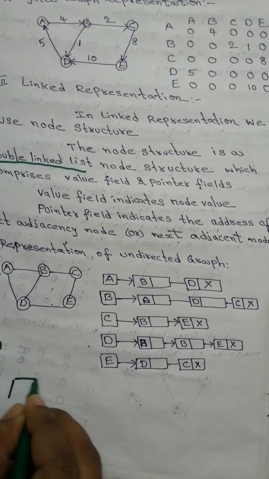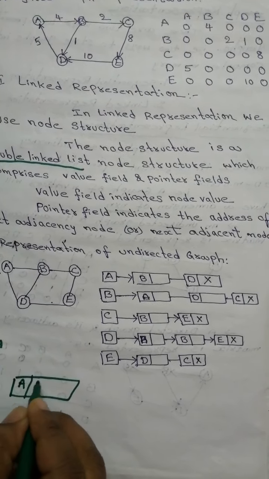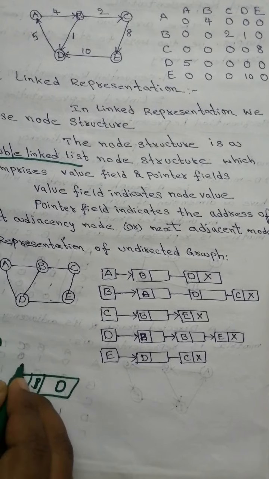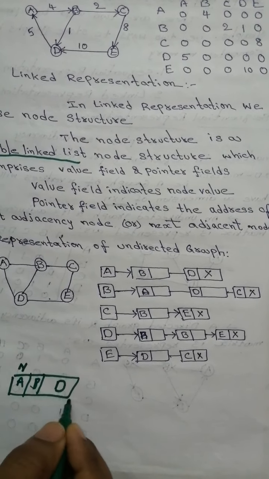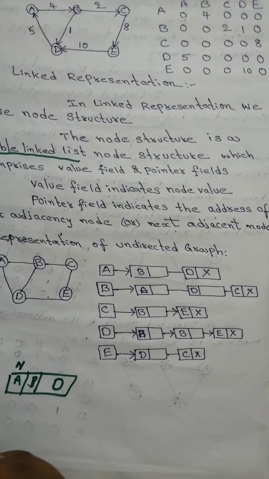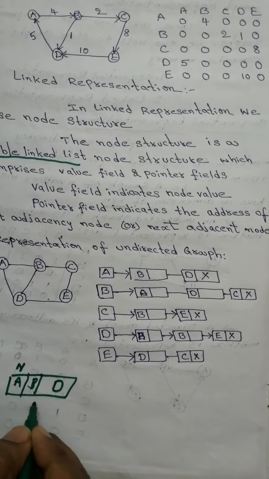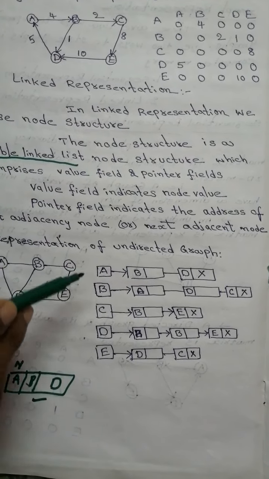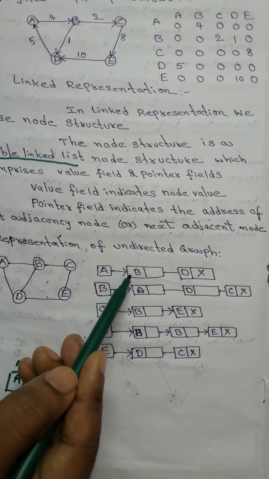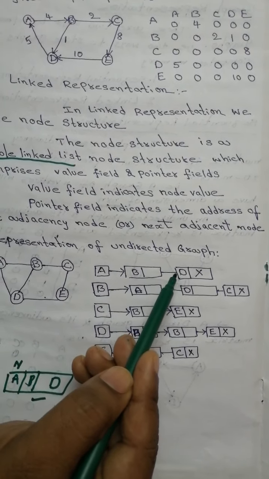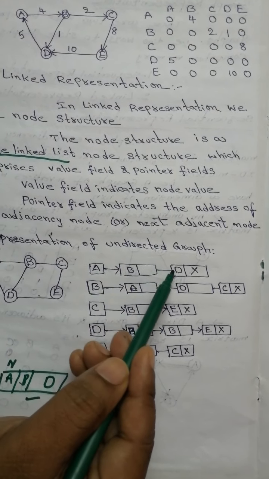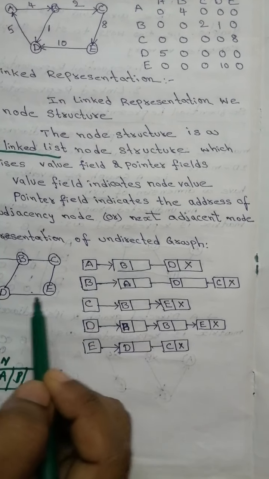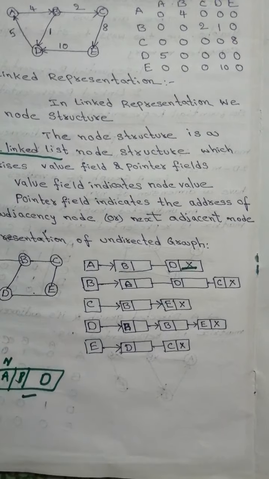So actually we need to represent it like this: A, B, D. Instead of representing like this, this is the node, our actual node A, and its adjacency nodes, left node or right node, like this we will be representing. This is the adjacency nodes. Actually this is the type we need to represent, but for easy understanding we are representing in this notation. From starting node A we have connectivity to B, and again from A we have connectivity to D. So A will hold its two adjacency nodes. After D there is no node, so making it null.